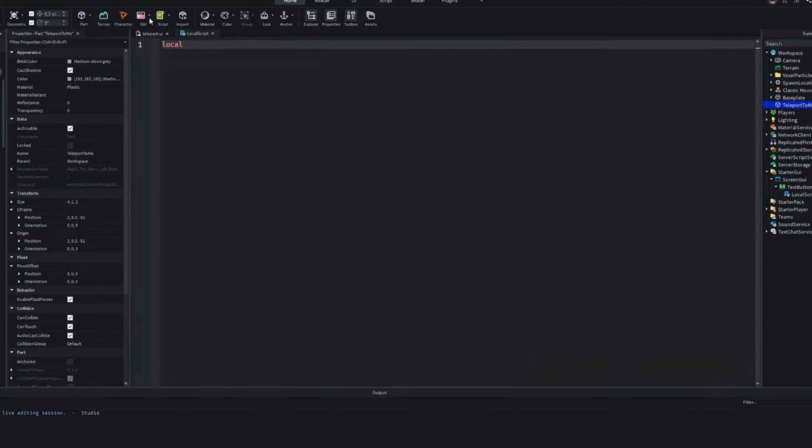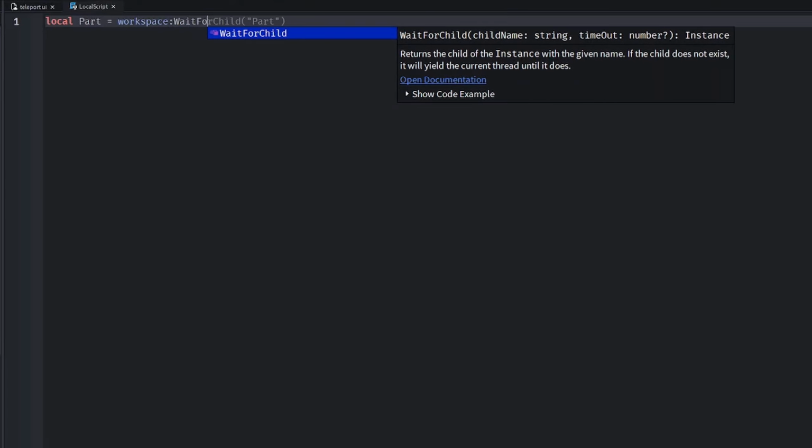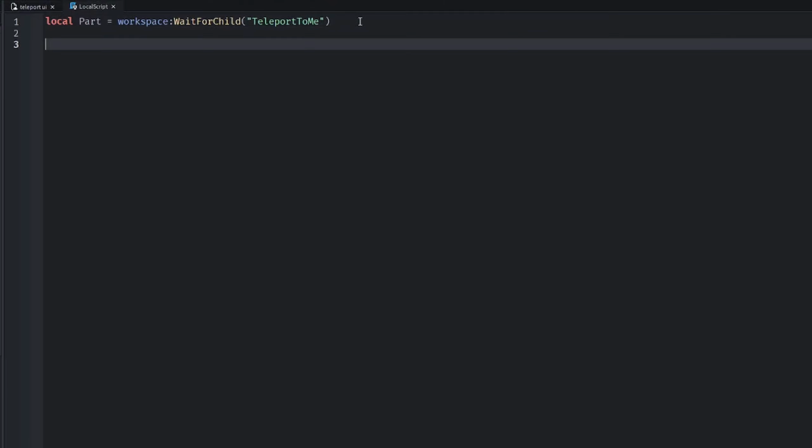So local part equals workspace:WaitForChild, and then inside these speech marks, I'm going to put TeleportToMe, because that's the name of the part that we added earlier. And now I'm going to add an event that fires when the player clicks the button. So how I'm going to do that is